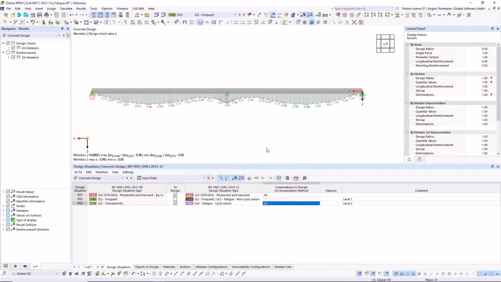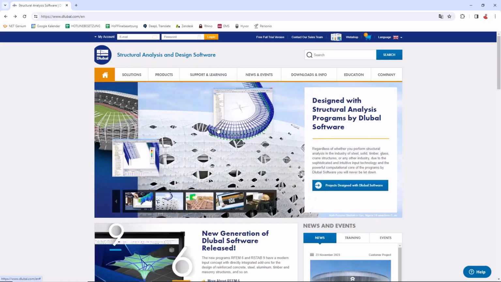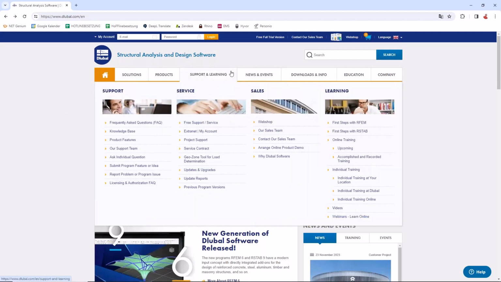Okay, if you need further information on this fatigue design, I will jump to our website because there's a very good technical article. You go to www.dlubal.com. You hover over support and learning with your mouse, and then you go down to support and knowledge base.